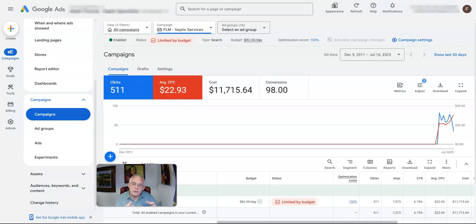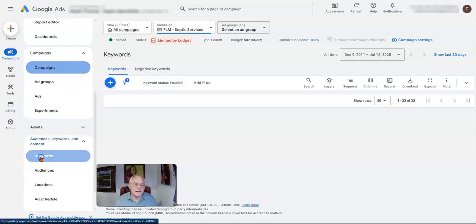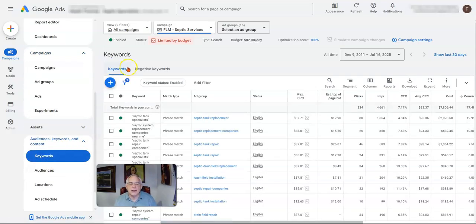And the way you tell Google who not to show your ad for is by adding negative keywords. So it's very easy to do. To add negative keywords, you have to either be in your campaign or your ad group, and you come down to Audience, Keywords, Content, click on Keywords, and here in the left you'll see Keywords. This is where your keywords are that you want your ads to appear for,